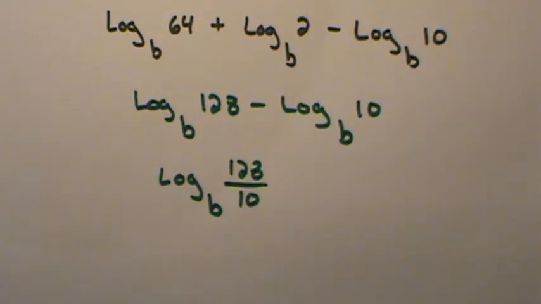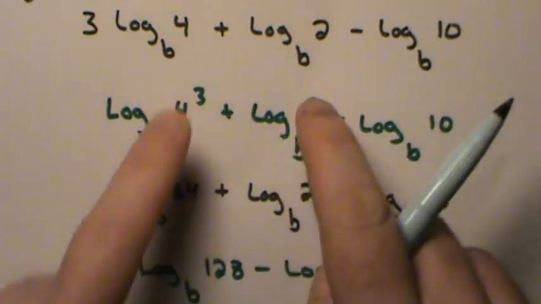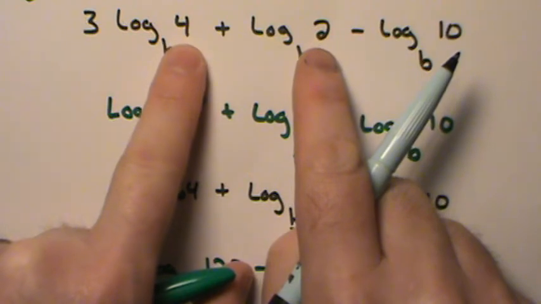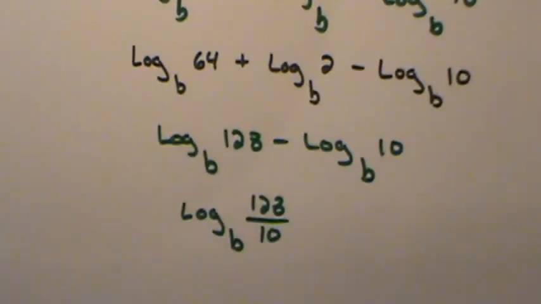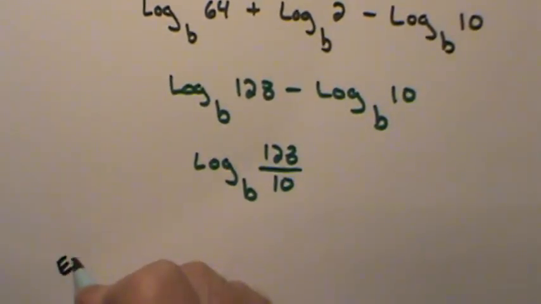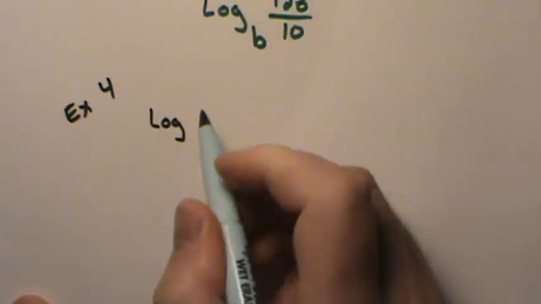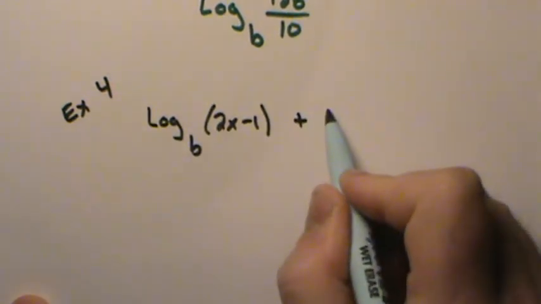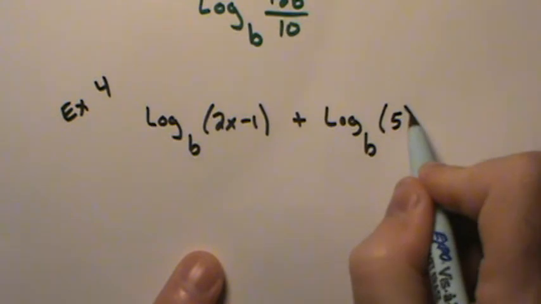Now you do want to be careful. I'm going to use an example out of a worksheet here. Don't get suckered into misunderstanding this addition. This addition stands alone, and it's the two arguments that are being added together, which means that they can be multiplied. And that's what I was doing here. So watch this. If I go to a more algebraic example, we'll call it example 4: log base b of 2x minus 1 plus log base b of, say, 5 equals